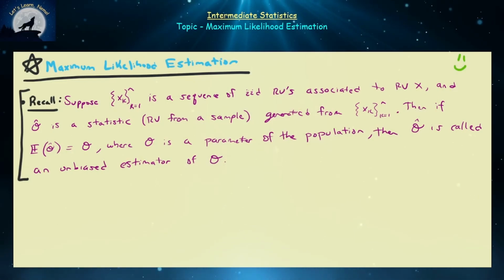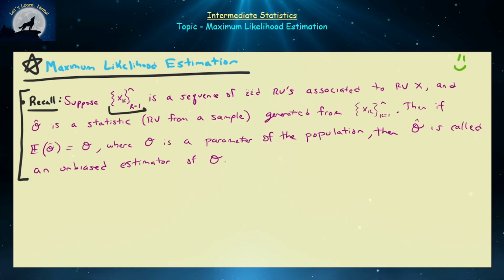Hello everyone, and welcome back to this series on intermediate statistics. Today we're going to be continuing our exploration of how to estimate parameters with statistics, in particular how to find meaningful or good choices of statistics to estimate parameters of populations with. So let's assume that we have a sequence of random variables xk where k ranges from